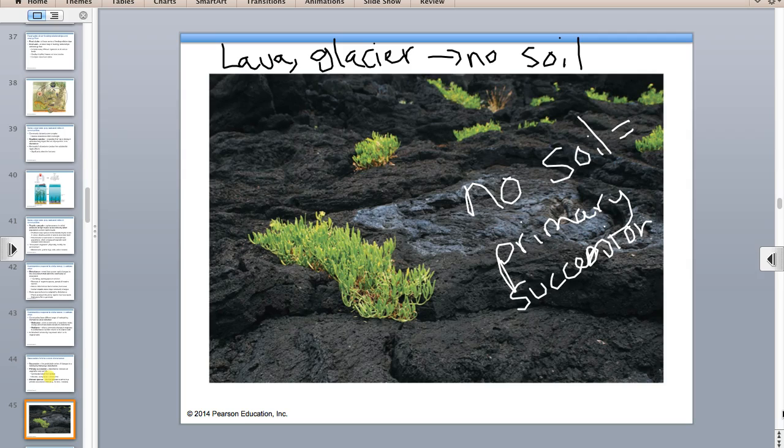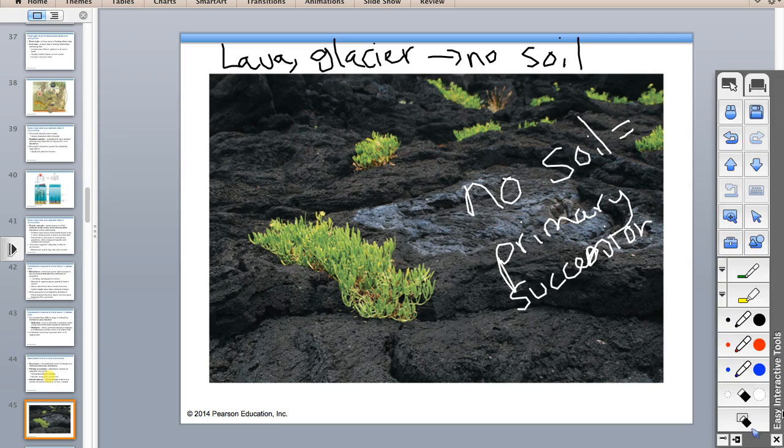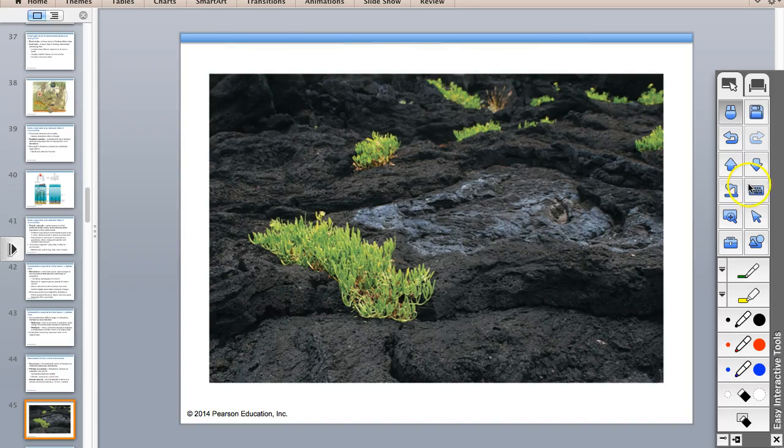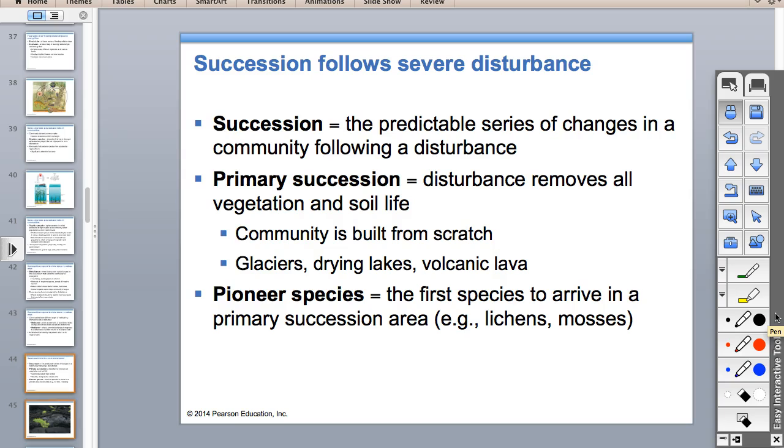And so if you look at this little picture, there's some mosses and lichens growing on this barren volcanic rock, and they're going to chemically weather it. They're going to secrete acids, and they're going to chemically weather the rock. And over time, it's going to start to make soil. Okay, so that's primary succession when you have to start at step one, right? Making soil. Some disturbances, like wildfires, maybe something like human development projects, they're going to leave soil in place.